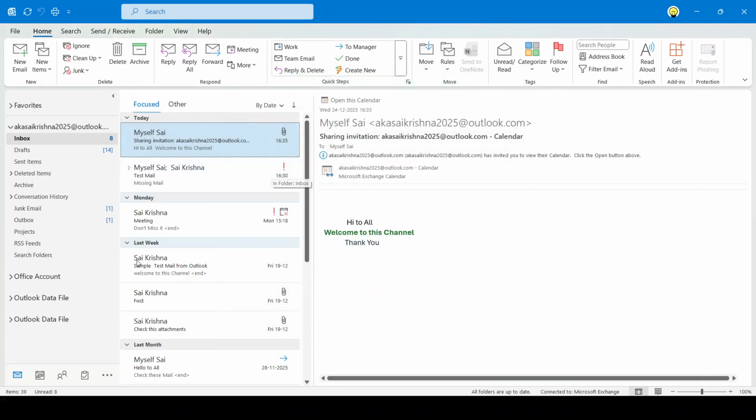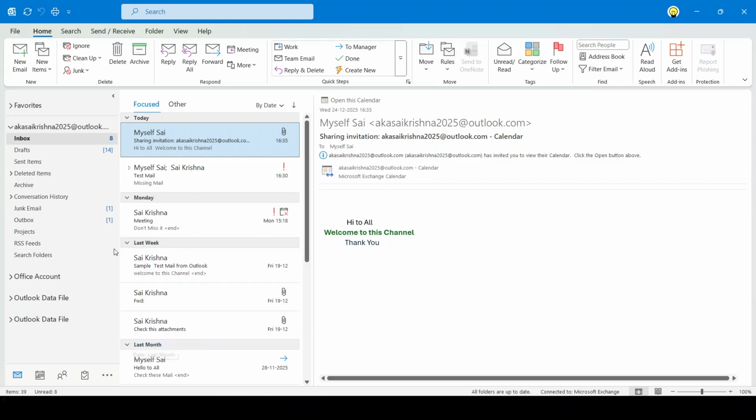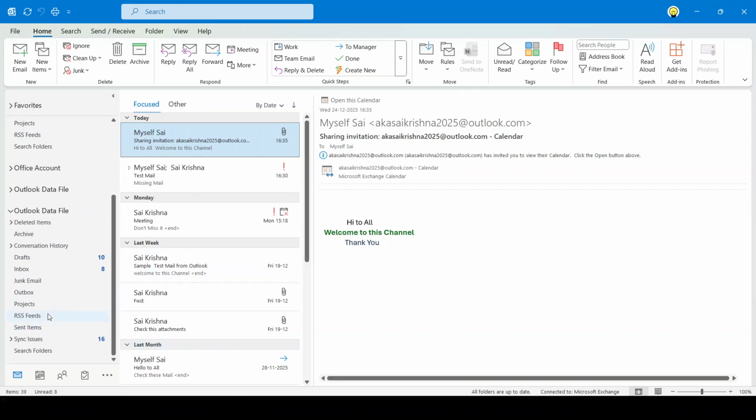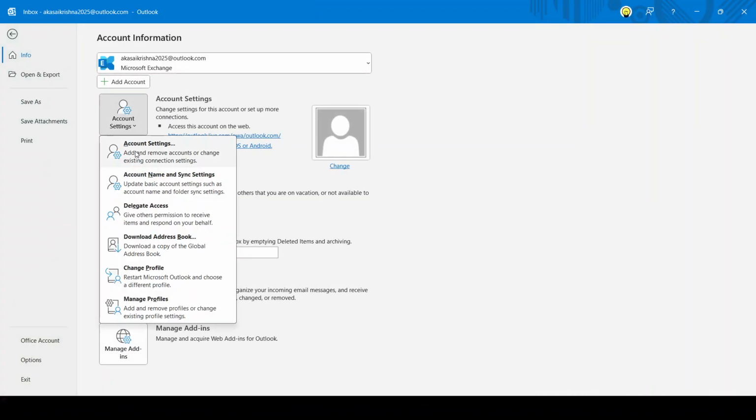You'll see the newly added PST appear as a top-level folder on the left. Depending on its size, Outlook may take a moment to load and index the contents. That's normal. To remove a PST in classic Outlook, go back to the File tab and open Account Settings, then